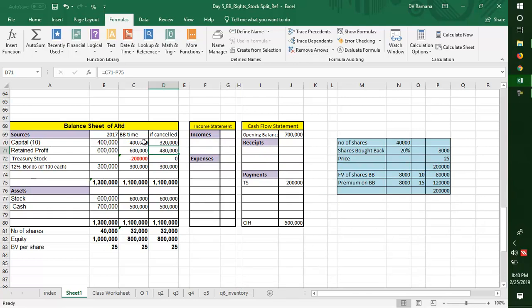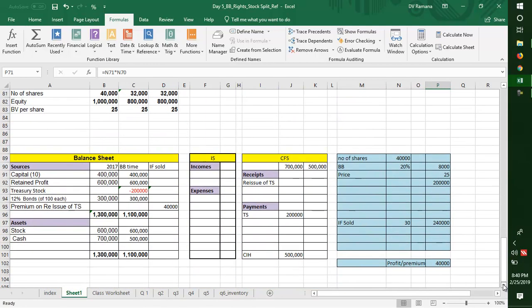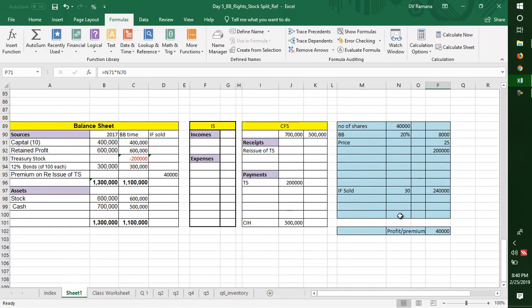Now let us see, if the shares are not cancelled, but the company reissues these 8,000 shares, then what will happen? Let us assume that the company reissues the shares at 30. Once again, this can be at any price, depending on the markets. So assuming that all 8,000 shares are sold at 30,